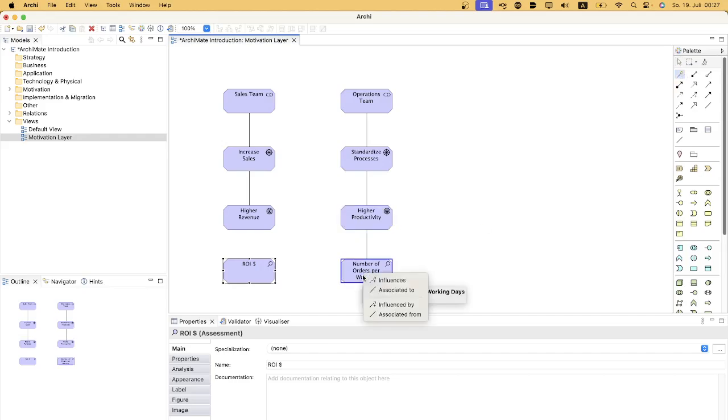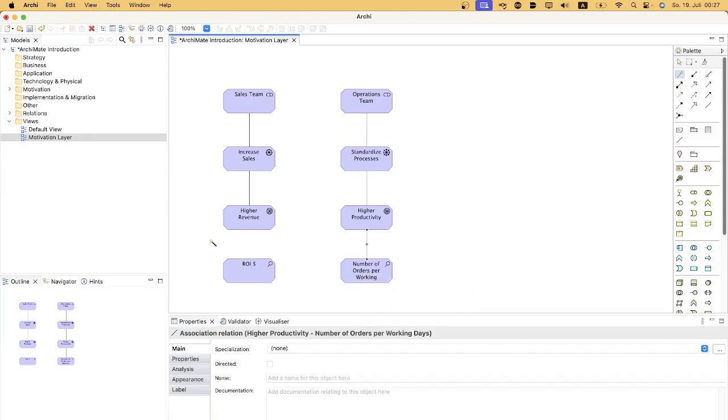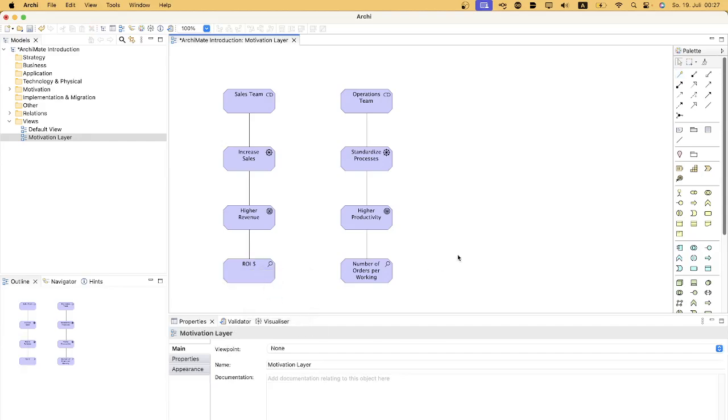Related to the goal, one of the interesting things is the relationship between these two branches of our motivation. So how is the higher revenue affected by the higher productivity? We think about it: is this a positive or negative relation? I would say higher productivity influences the revenue positively, because we can process more orders in a time unit, so